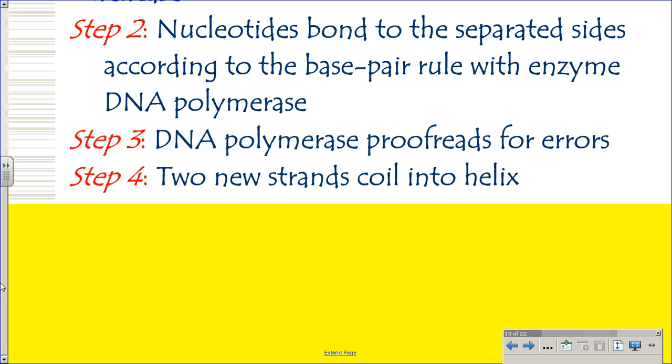And that can be problematic because a lot of times mutations are bad, sometimes mutations are okay, sometimes they're neutral. Mutations can mess up your genotype and then your phenotype. So we have a proofreading system that spell checks the DNA. It makes sure your DNA is happy and good, just like it was supposed to be. Then the 2 new strands retwine together, recoil together, and come back together. So rezip or recoil is another way to say that.